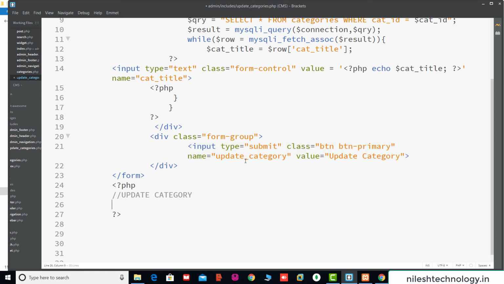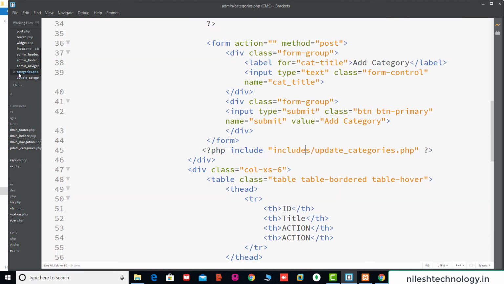Save here. So here we check by using the if statement, if isset by using this get method. So here my method is update category. If my category is updated, so here we first check it works. So save these changes.